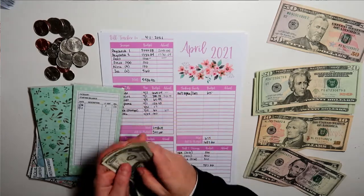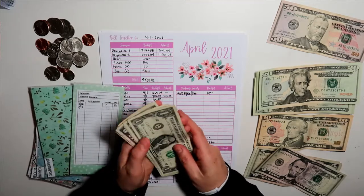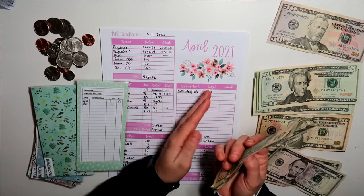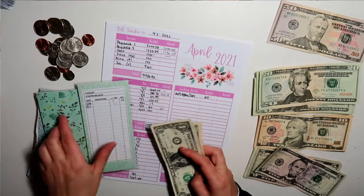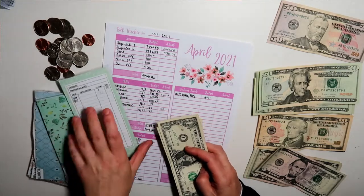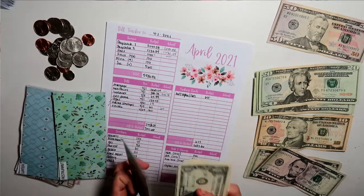There are the rare months, like most of the time I can get by with just one tank of gas, but sometimes I'll have to fill up at the beginning of the month, and then I'll need to fill up again at the end of the month. And so I'm just going to roll this $18 over. Because I got gas at $3.13, and by the time $3.31 rolled around, not saying I was on fumes, but